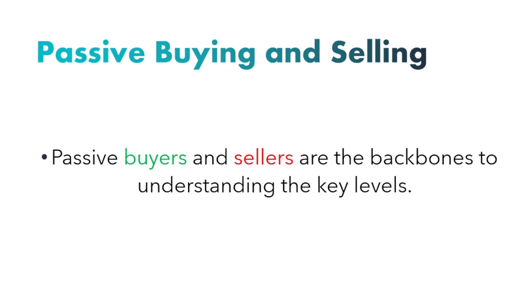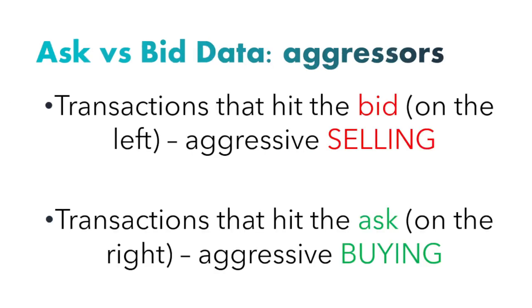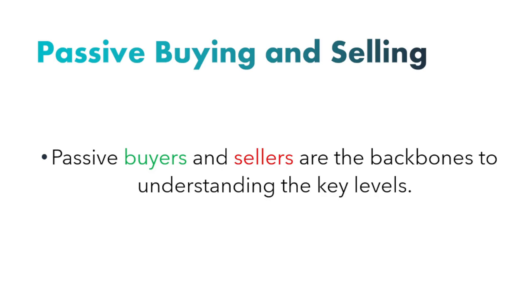So that's aggressive participants. Passive participants are quite interesting, and this is essentially understanding the backbone of supply and demand. So you have aggressive participants and you have passive participants, and I'm going to explain that when we go on the charts. What I mean by passive buyers versus passive sellers is